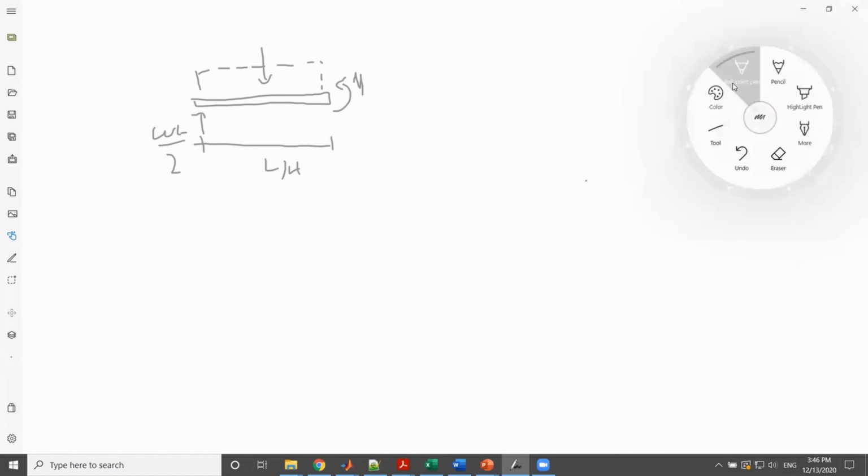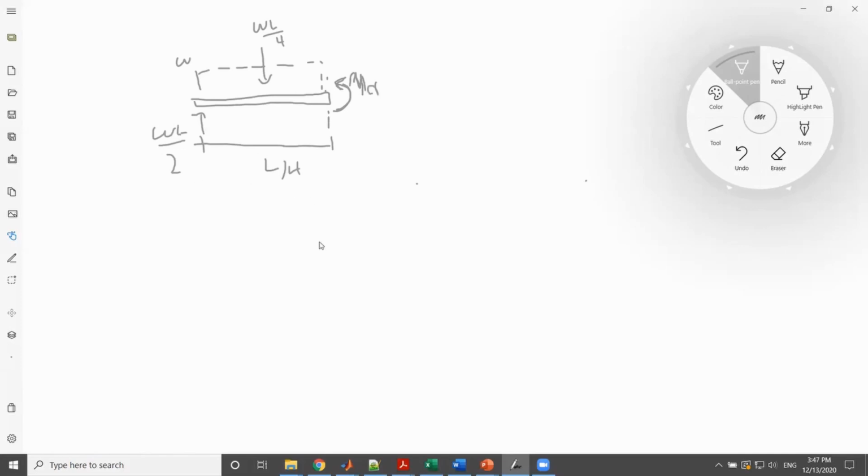The point load that is created by this distributed load W would be WL divided by 4. And obviously, when you make a section cut and you're looking for the internal moment, you have such a moment like this, which is the one that you're interested in. Call it MA